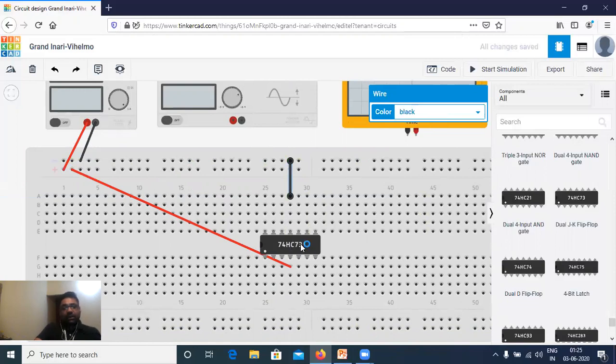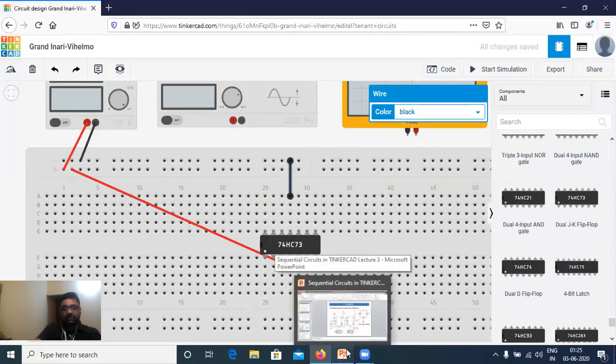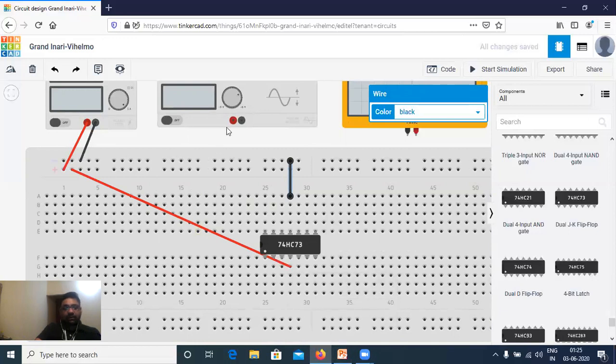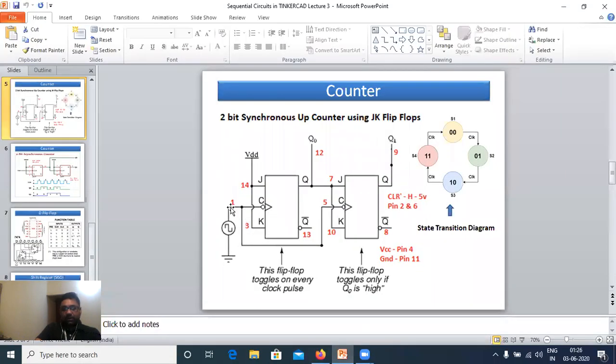Then I require clock. How many clocks are there in this particular case? Two clocks, and both should be connected together. I will take one function from the function generator, as I can generate clock only from it. What is the clock pin number? One is your 1, second clock is your 5. So pins 1 and 5 should be connected to the function generator.